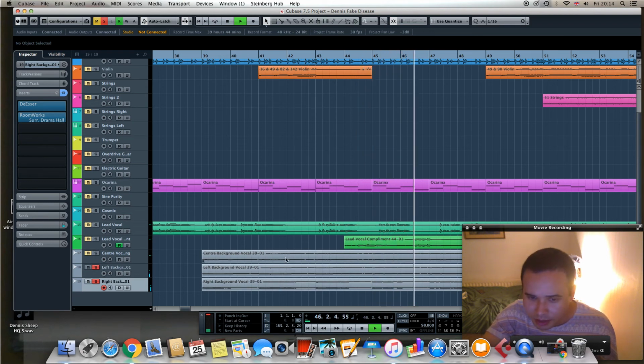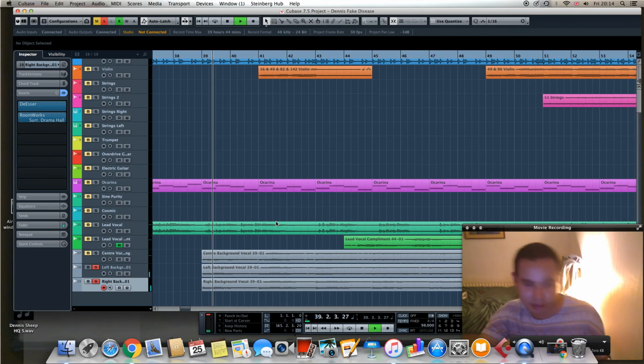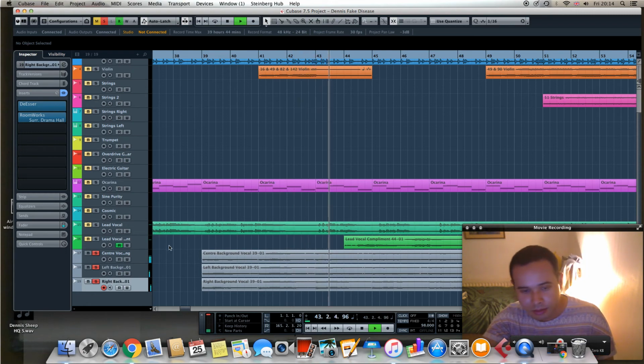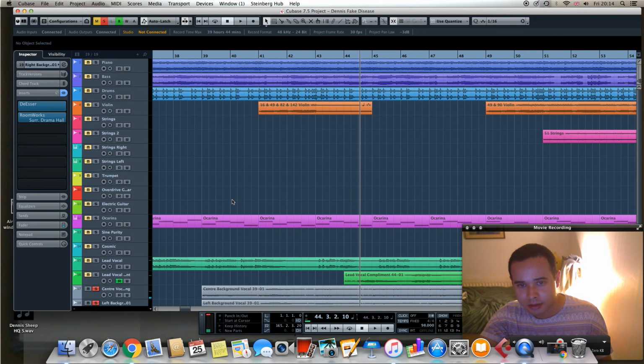There's 3 takes of this vocal, and I've panned one to the right, one to the left, and one is in the centre. So you get stereo width of the background vocals. See how that sounds now? And with all the reverb, that sounds nice. Now, to understand in the context of the mix,